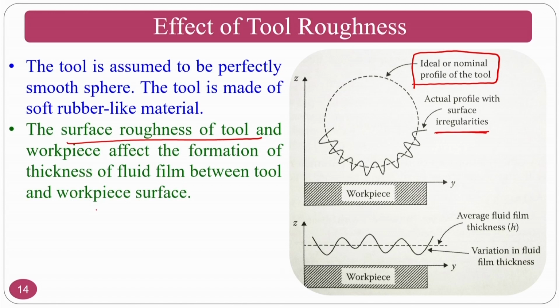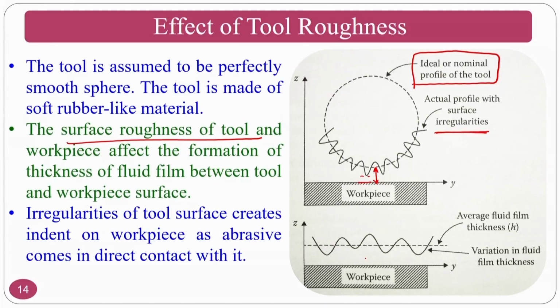That means that if this is a surface, what will happen? This may be a thickness of the profile. If this is a surface, then this thickness will vary. If the surface roughness is too high, what will happen? It will affect greatly the film thickness and other things. So, if the film thickness is varying from location to location, what will happen? The surface roughness also will be very poor.